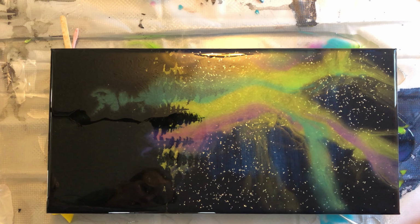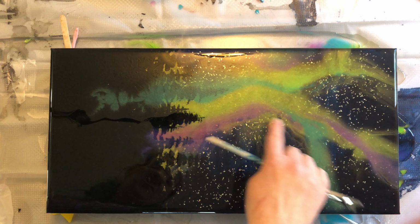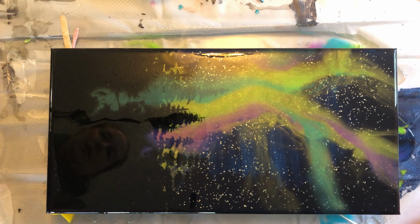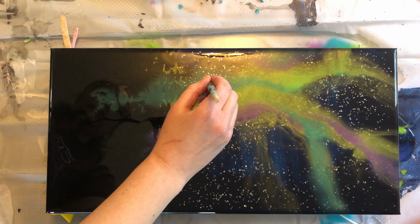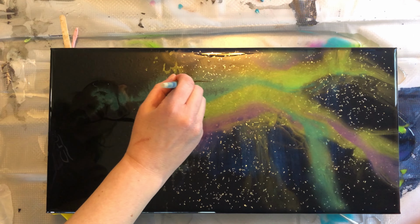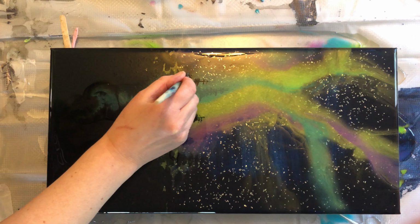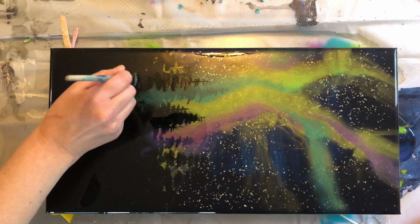Right, it is cured. I'm loving how it flowed and dispersed within there. It looks so lovely and wispy. So I'm going to do my last layer of trees, exactly the same as the first one. I'm just putting a little bit of a trunk in there